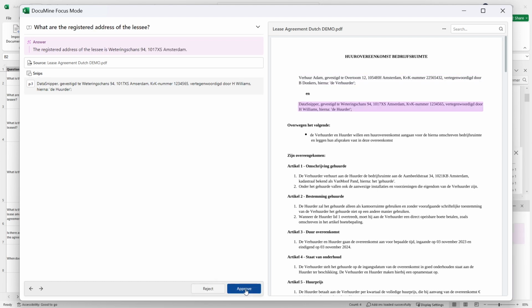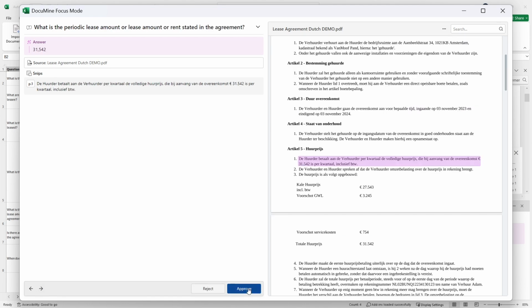Start by reviewing an answer. If it fully addresses the question and appears accurate, click Approve. If the answer is incorrect,